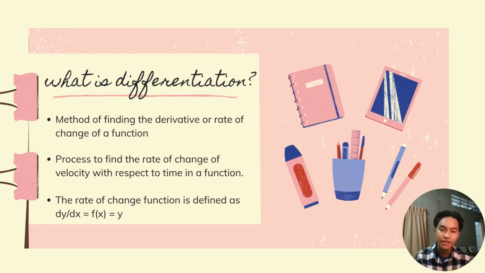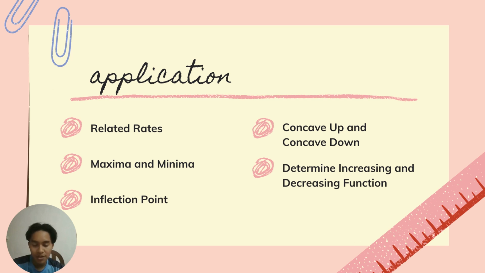So what is differentiation? Differentiation is a method of finding the derivative or rate of change of a function. The second one is the process to find the rate of change of velocity with respect to time in a function. And the third one is the rate of change function, defined as dy over dx equals to x. The applications for this topic are, first, related rates, and we also have maxima and minima,